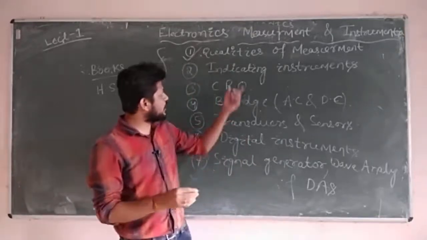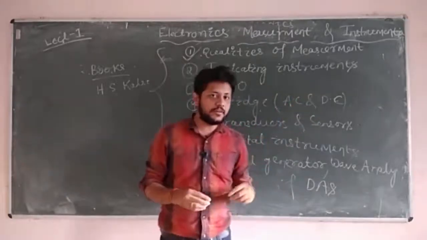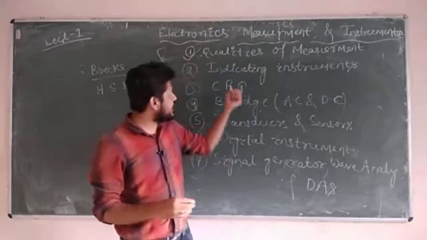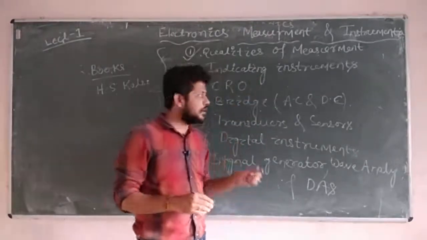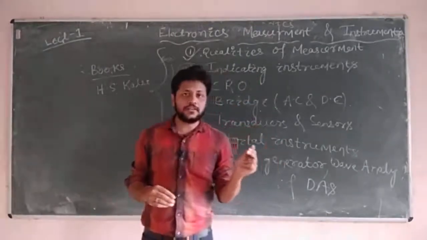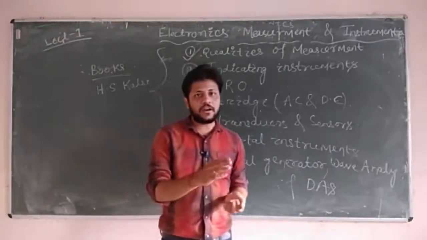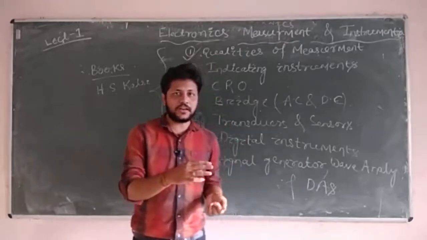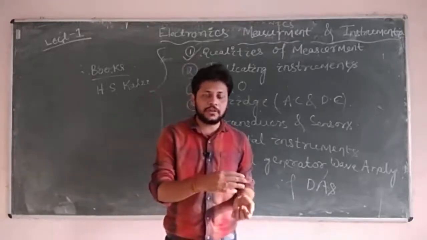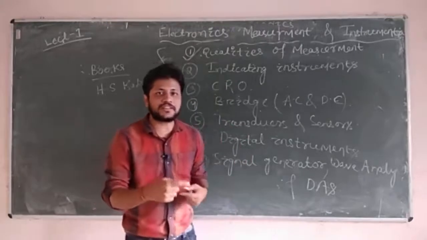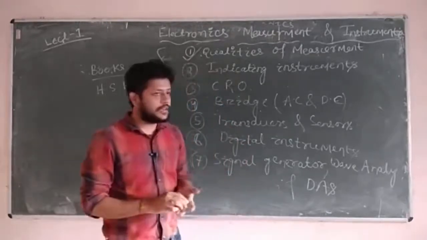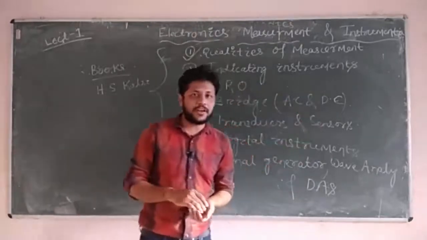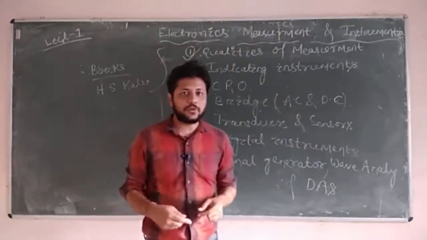So that type of instruments here, that is your mechanical instrument. Here we will study about ammeter, voltmeter. These are all indicating instruments where electric current is given as an input, and that electric current is going to convert that energy into mechanical, so that it will rotate the pointer and there will occur a deflection in the pointer. That is your electromechanical device. So all the indicating instruments are electromechanical devices where electrical energy gets converted into mechanical energy.